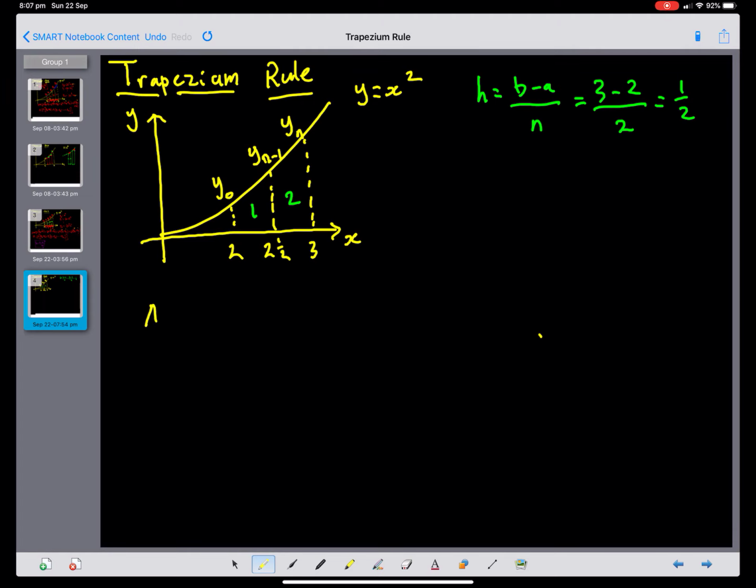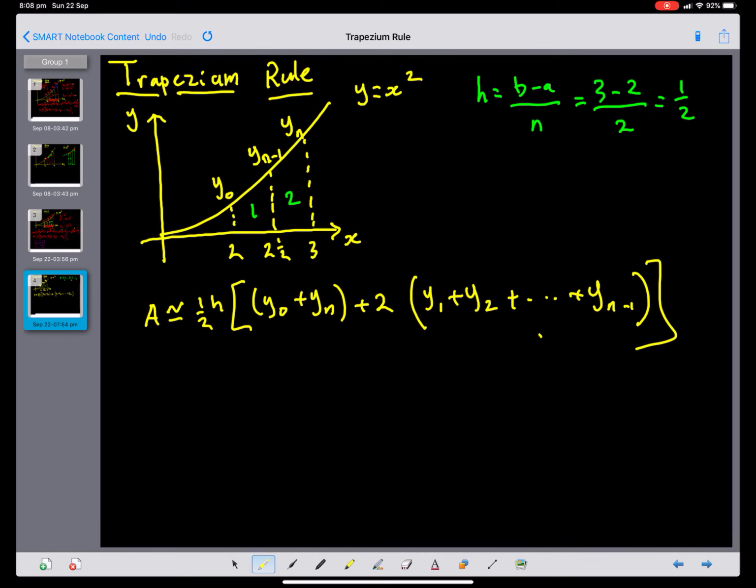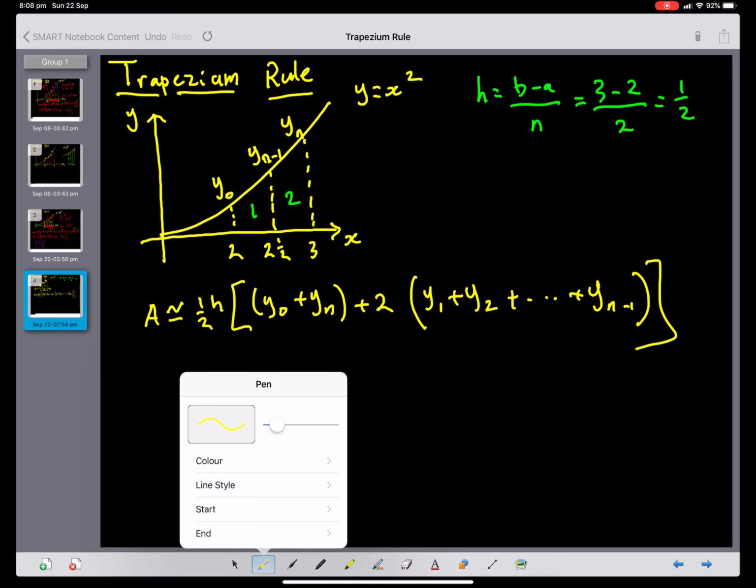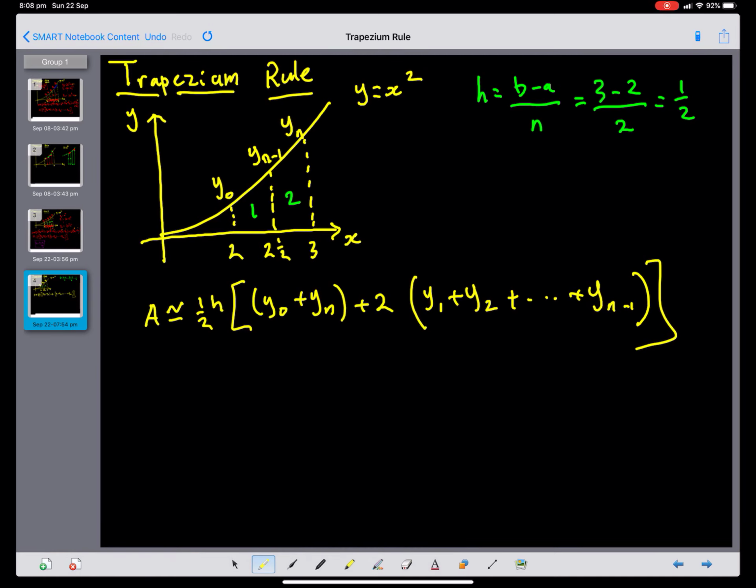Okay, so let's write our formula out first. So our formula was half h, y of 0 plus y of n plus 2 brackets y1 plus y2 plus 2 plus y of n minus 1, close brackets. Okay, now this time we haven't got very many trapeziums. So this is a nice easy one. So we've got half of the height